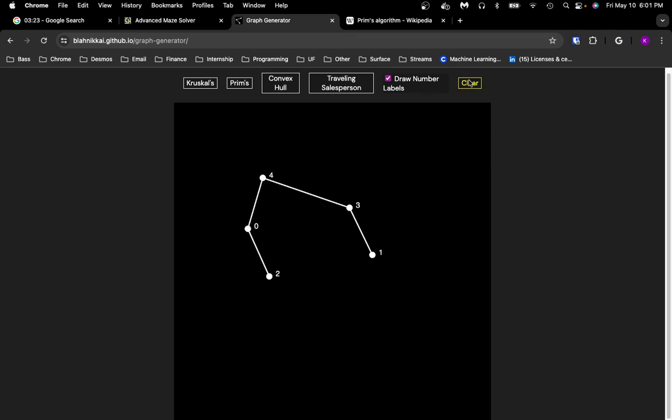So the way, I'll clear out these vertices. Let's just start with a simple example. The way Kruskal's finds a minimum spanning tree is by adding the shortest edges just globally. It takes all the edges, and we're working with a complete graph here implicitly. Like, we're assuming you could add any edge, like connect any two vertices. Kruskal's adds the shortest edges first. So for example, 0 to 1 is shorter than any other connection between two vertices. So it adds that first. And then it looks like 0 to 3 was the next shortest. And then 1 to 2 was the next shortest. And it'll continue adding these edges